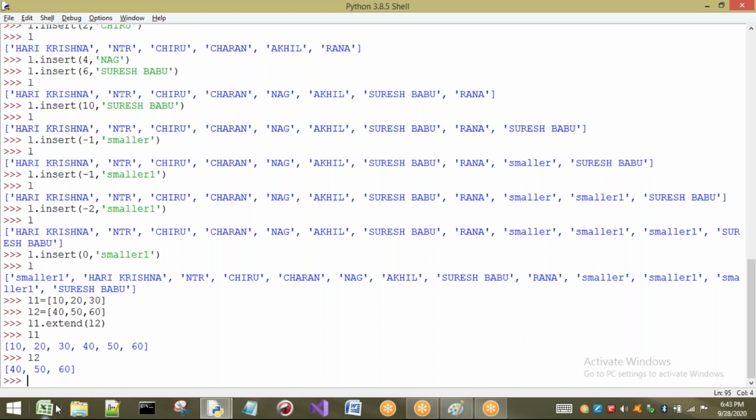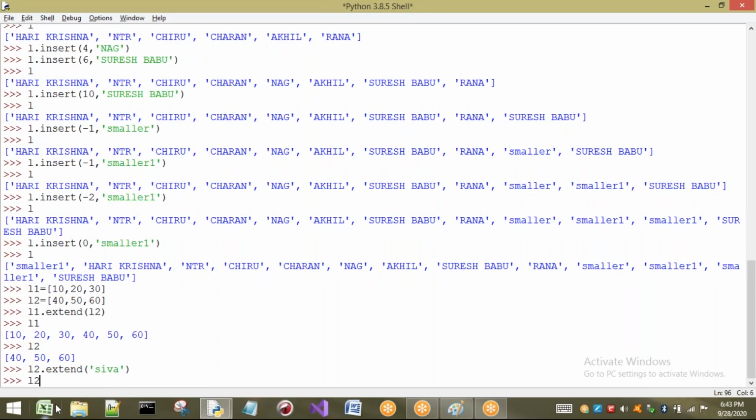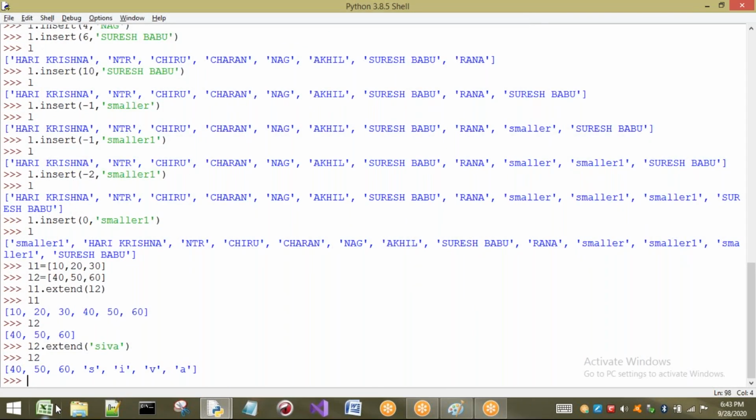Now I want to show you with one string. I will take one string and extend that string. L2.extend of, let us take one string here, or you can take the string in one variable and pass that variable here, no problem. So see, if I look at L2, what happens? See, this point you have to understand.